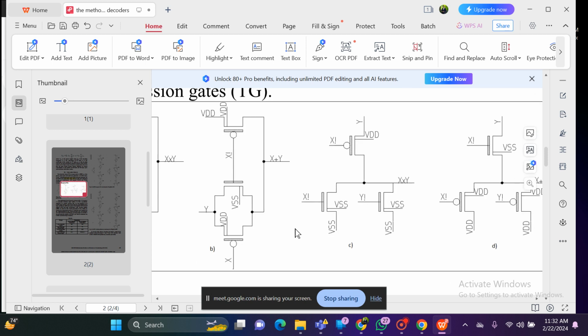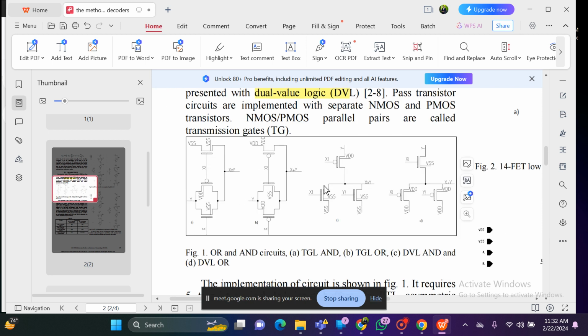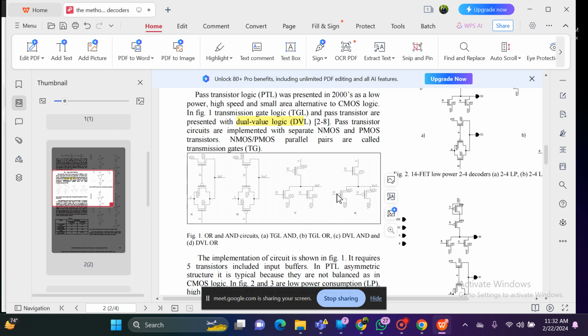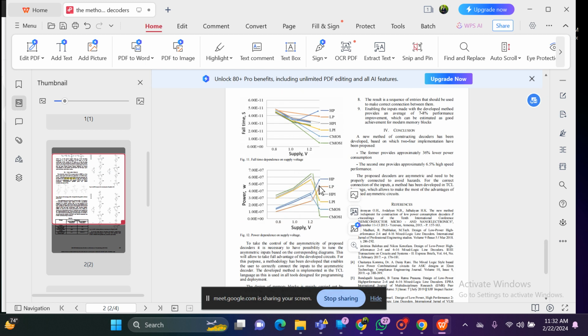Yes, sir. So then next is just putting the values, like X is equal to 0 and Y is equal to something. So you can verify these circuits if you want, but it will work. Now here you can see that 14,